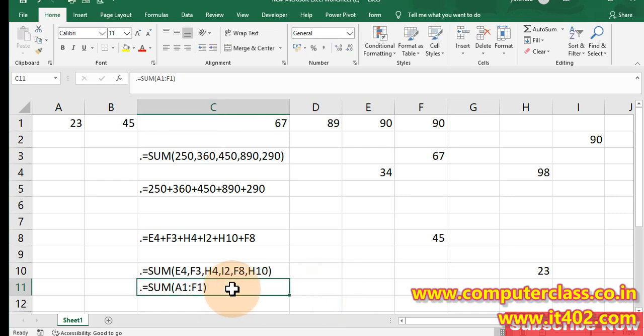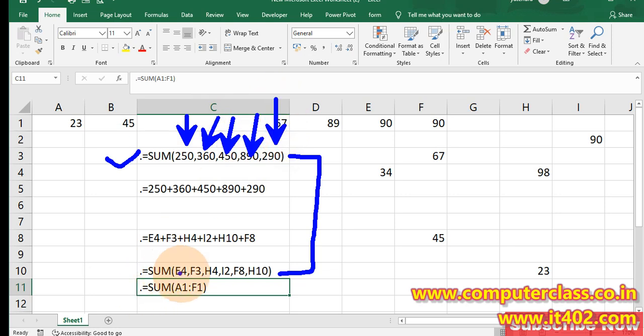So I hope you understand this. If I need to explain again, this formula is similar to this one, but in this one we are putting the number directly, the value whose sum we want. And here, for whichever cells contain the numbers we want to sum, we put the cell address. Look, this is also similar to this one, but here we are giving the number directly, and here the number is inside a particular cell, like E4, F4.